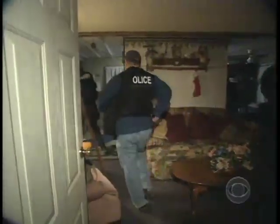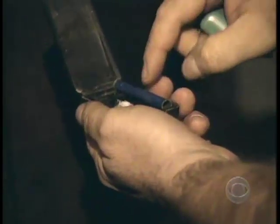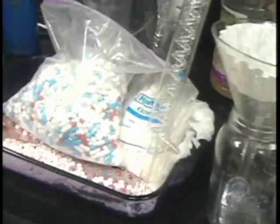Sheriff's office, get on the ground. Get in there, right now. Don't move. Don't move, get on the ground. Get on the ground. They've both served time in the past for making methamphetamine. This raid recovers a small amount of suspected meth, paraphernalia, and hundreds of pills believed to be cold medicine containing